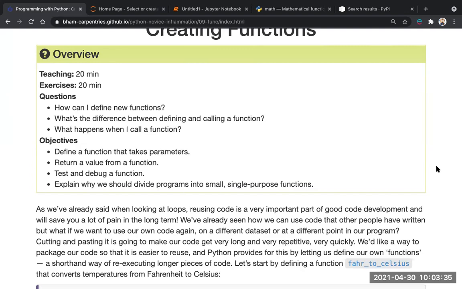So how do we reuse our code? We've looked at loops. That's a prime way of doing it. The other main way is through writing your own functions. We've been using functions up to this point on different objects, so the append function on a list, the print function, things like that. But in this section, we're going to look at how you can write your own, and therefore you can take your own code, put it in a function, and then just call it